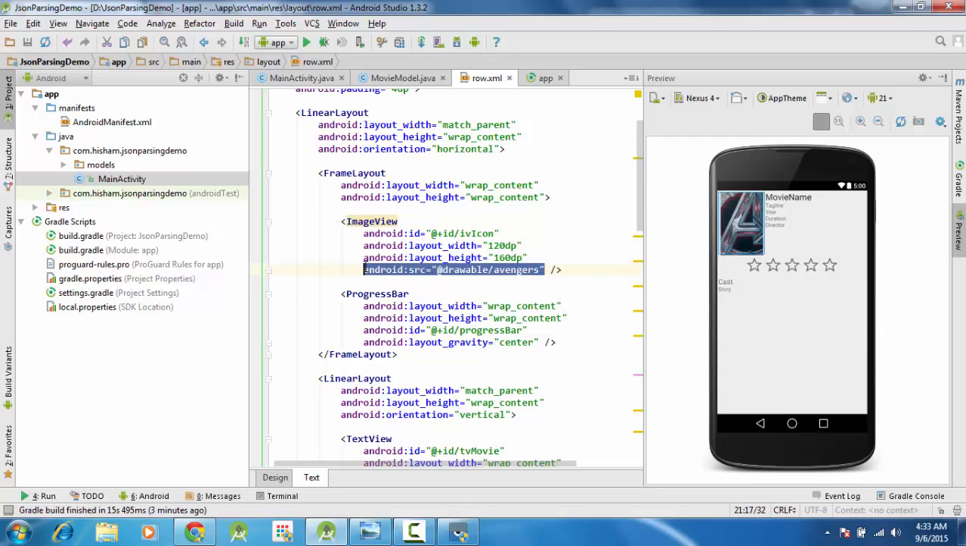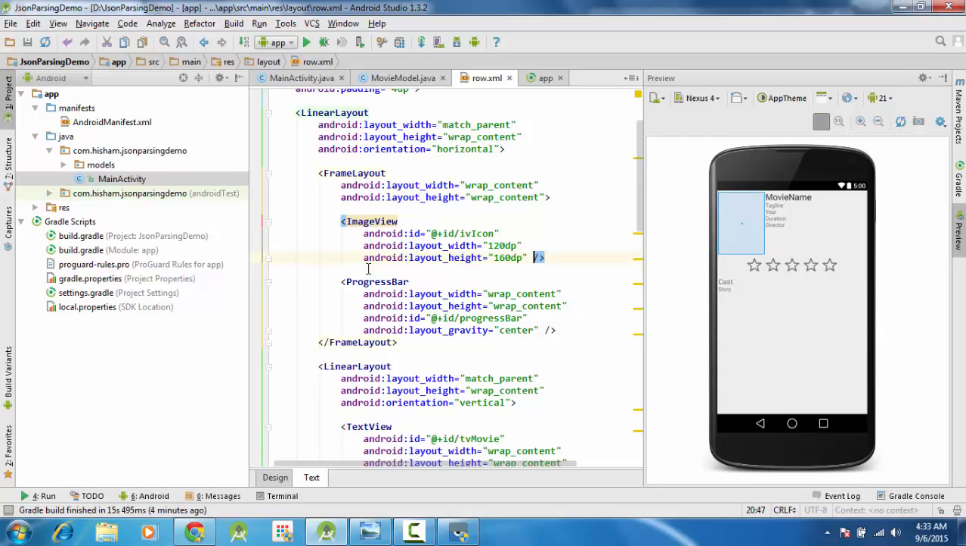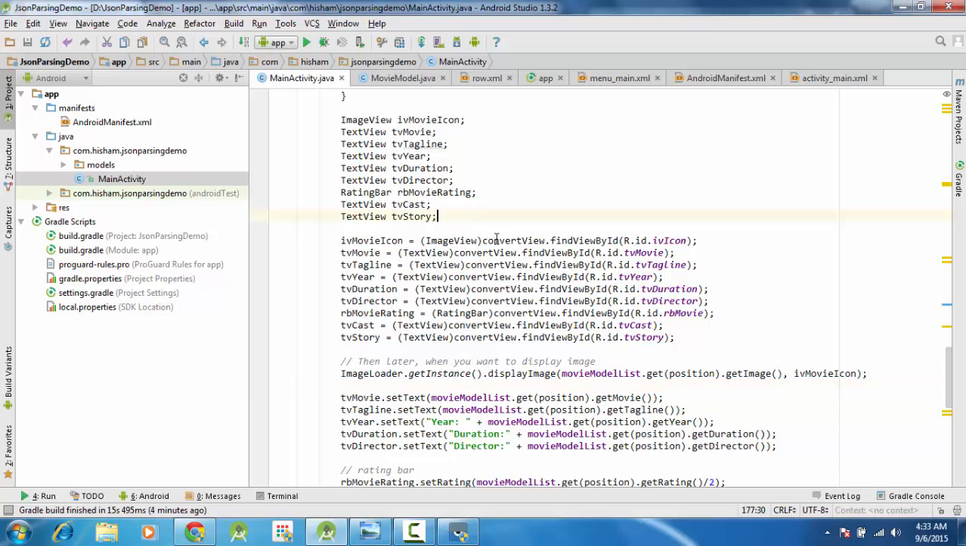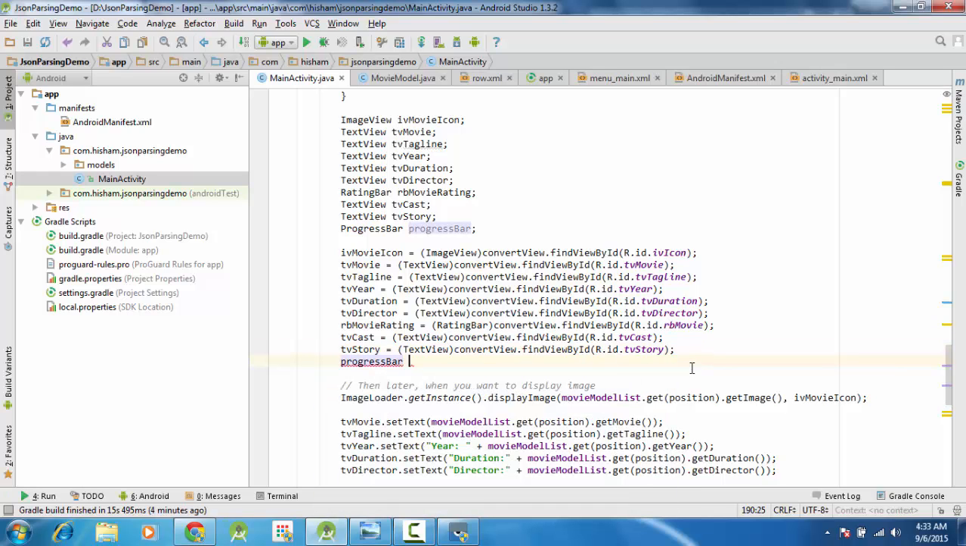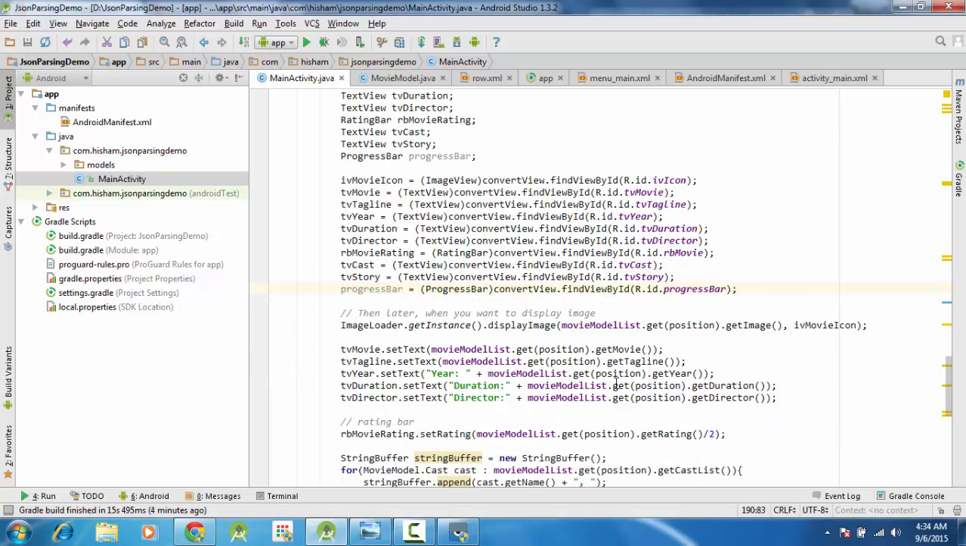I can remove this image. So I have one progress bar here, and let it be the progress bar. And in the main activity, we can create one more view, progress bar, progress bar equals convertView.findViewById R.id.progressBar,